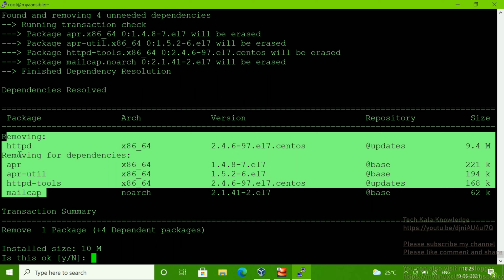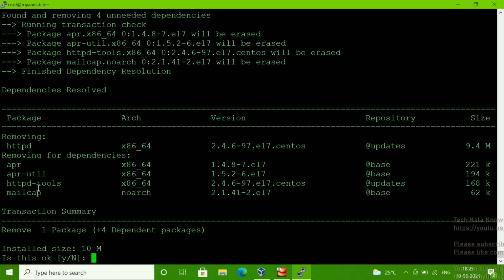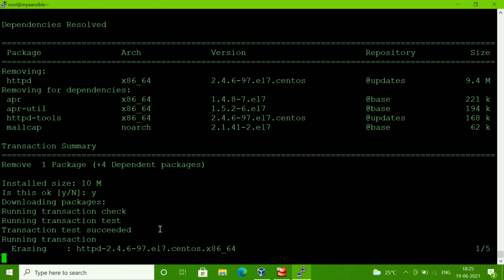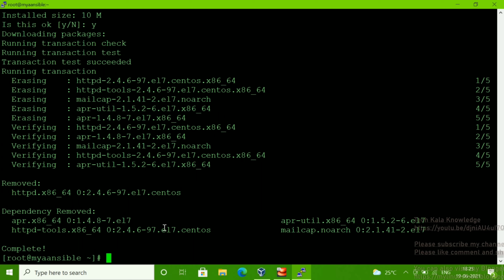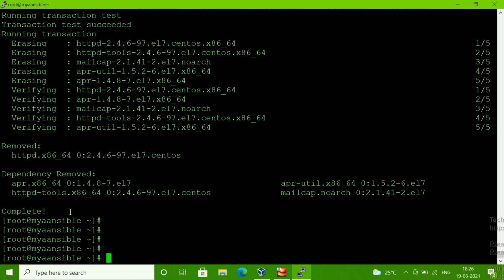You can see it's removing httpd and the 4 dependency packages also, right? So when I hit enter, it will remove all 5 packages. You can see it's removed all 5 packages now. This way you can remove a package, or any software you want to remove, from the Linux operating system. Fine.